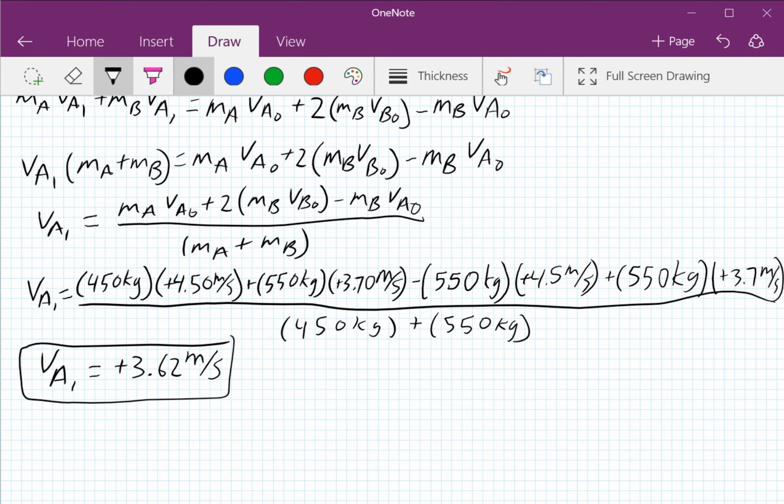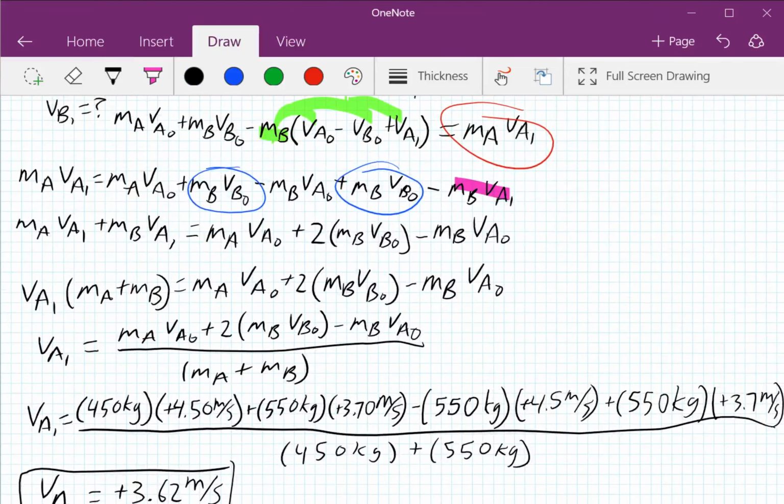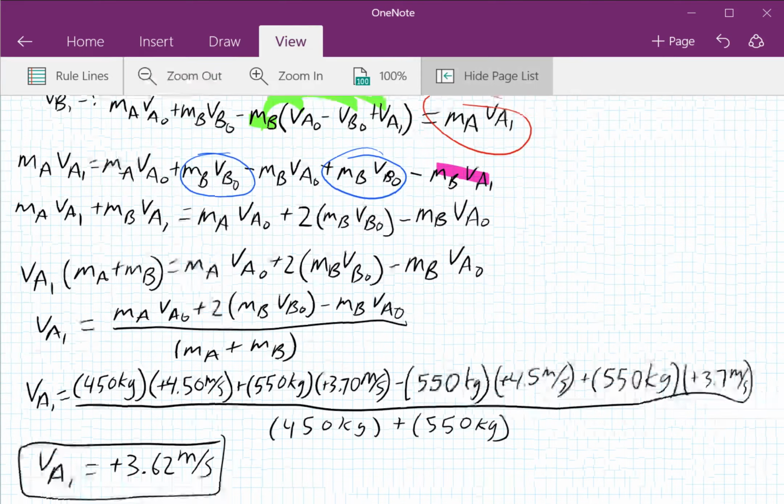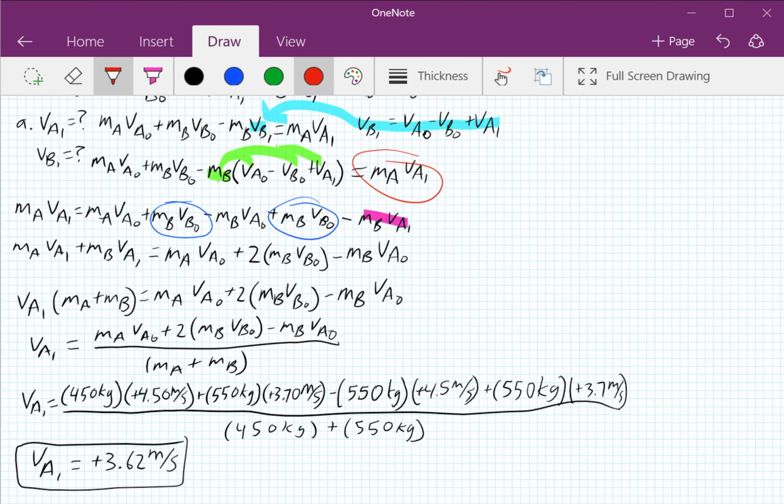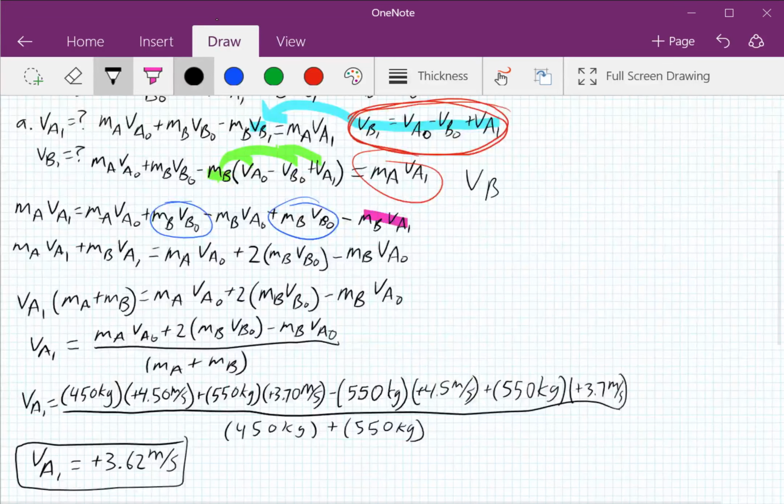To solve for the final velocity for B, we're going to go back to this equation here. So we're going to have VB final